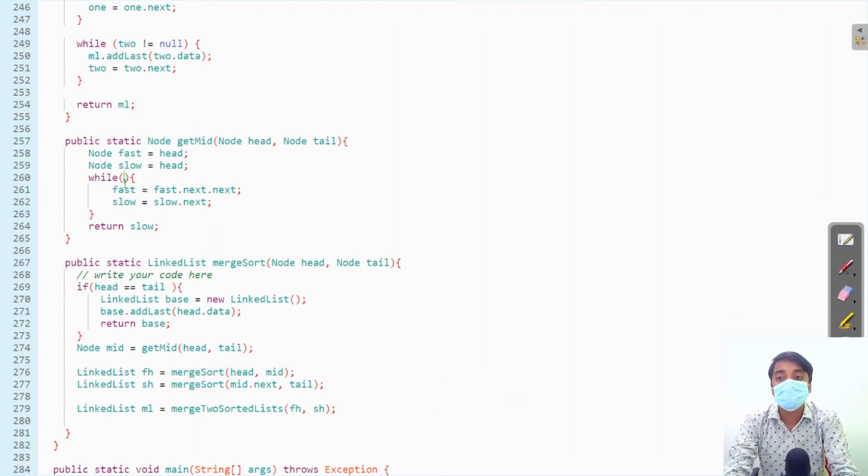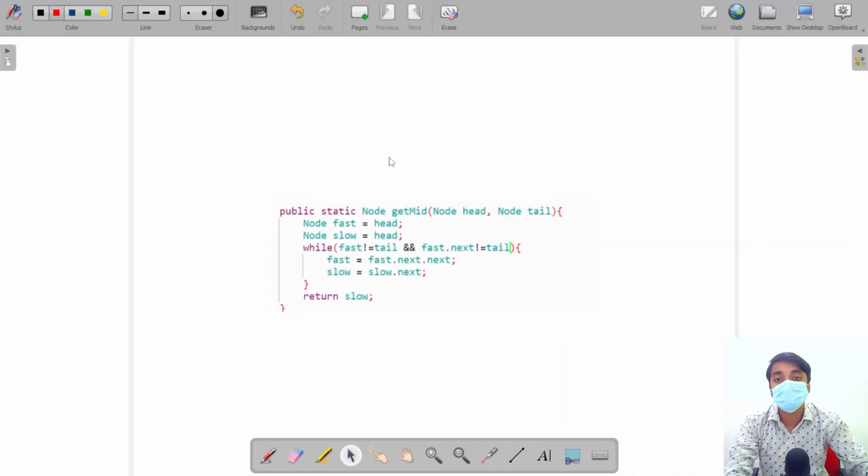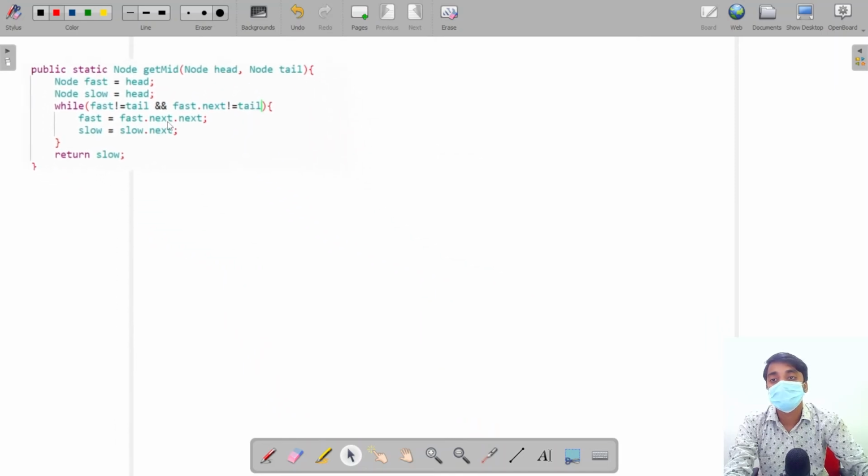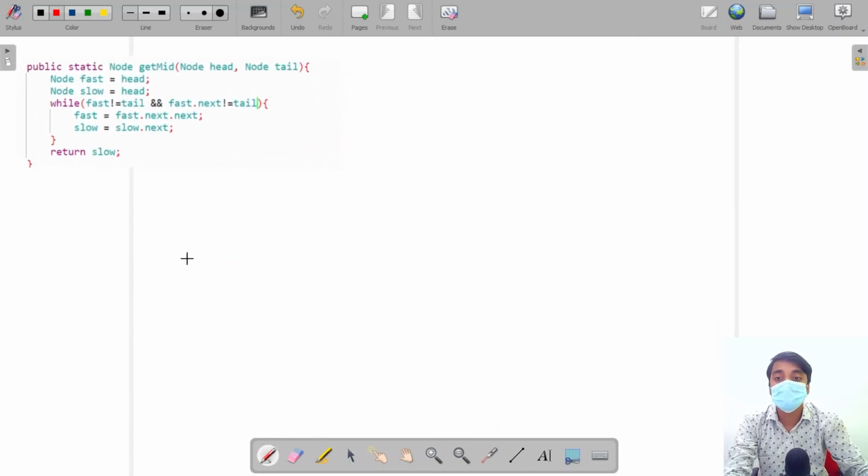Now the condition of while: our fast is not equal to tail and fast dot next is not equal to tail. So let's see this by dry run. Let's say we have a list 5, 8, 3, 6, 9. So our fast is here, slow is here.